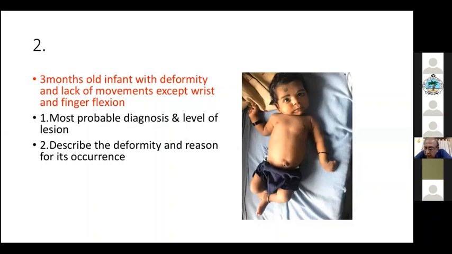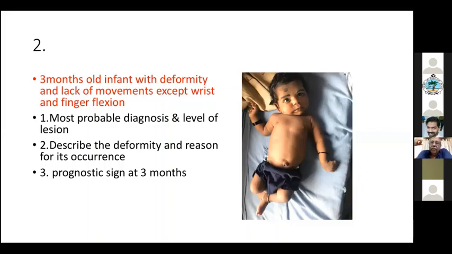Okay. The fingers are flexed because long finger flexion is by which root? C8. They are acting. So C8 and T1 are acting. C7 we are not very sure, but C5, 6 is definitely paralyzed. So that is how you interpret the various deformities that are found in birth brachial plexus palsy.